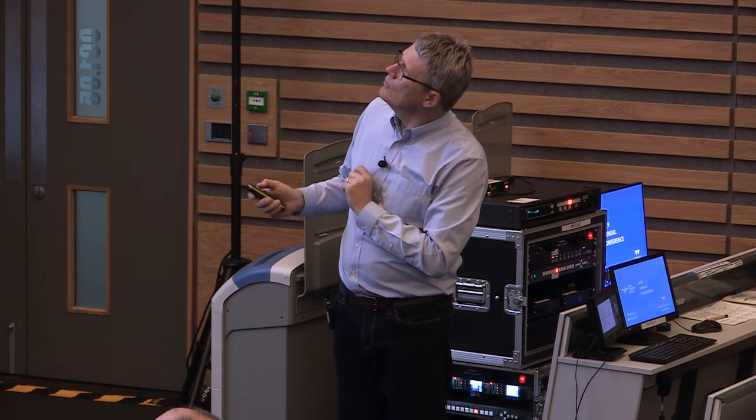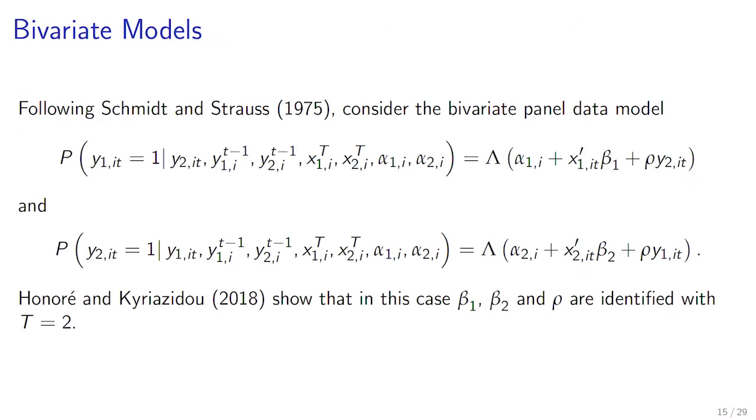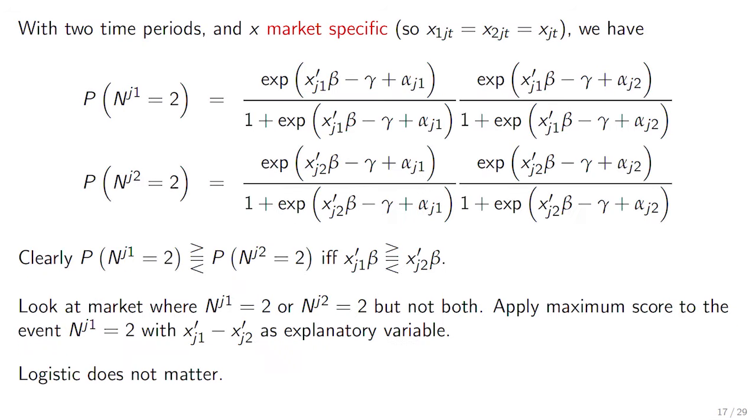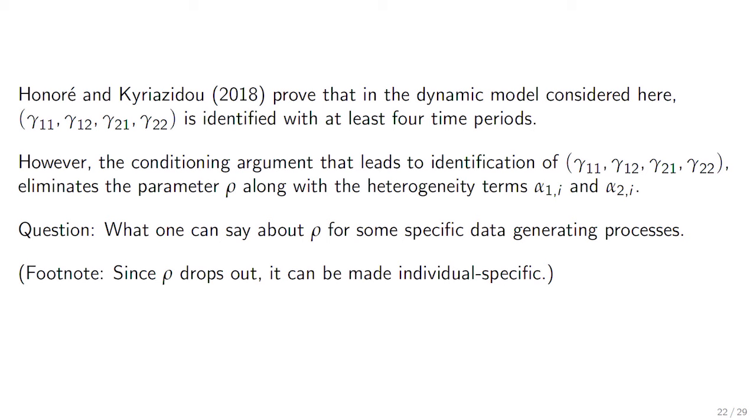That was not true. Oops, sorry. That was not true in the static case. In the static case, the conditioning arguments that we came up with left rho in there, and we could identify it. But in the dynamic case, it seems like no matter what you do, this rho term drops out. So again,